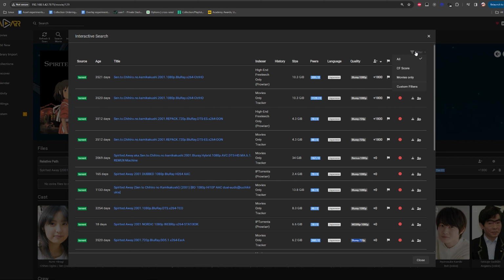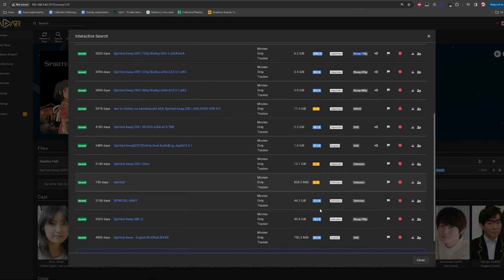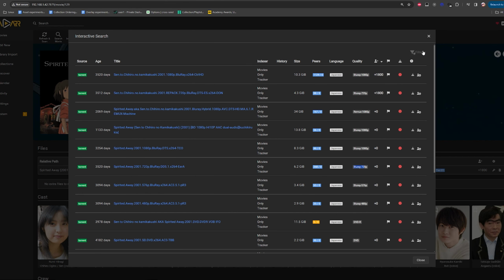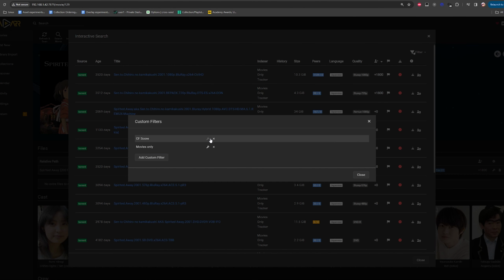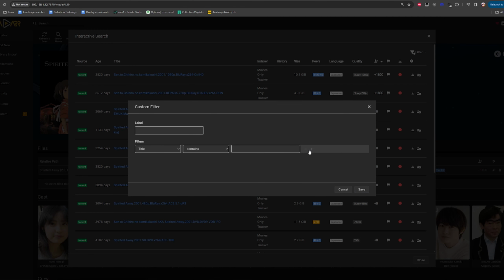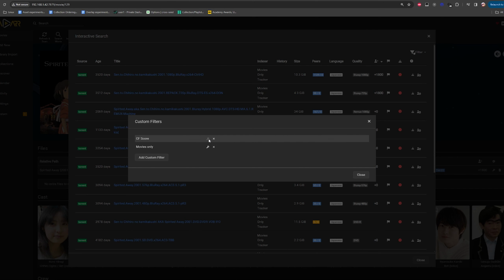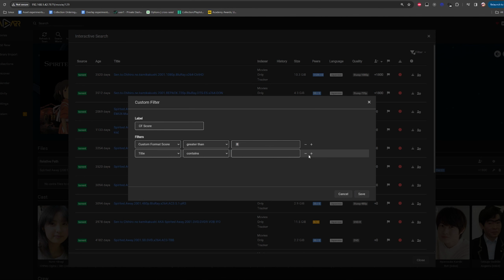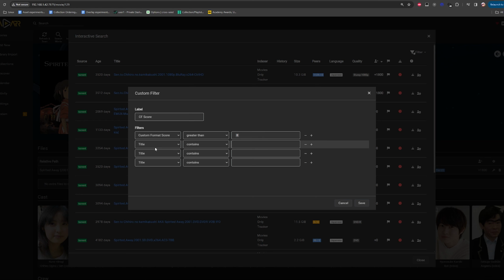So a lot of the times, just to avoid a little confusion, I have, for example, the movies only tracker filter. So if I do this, it'll only show from the movies only tracker filter, or the custom format score where I set it to greater than 0. So if you do custom filter, you can add filters like this, but each filter can have multiple conditions for what you want.